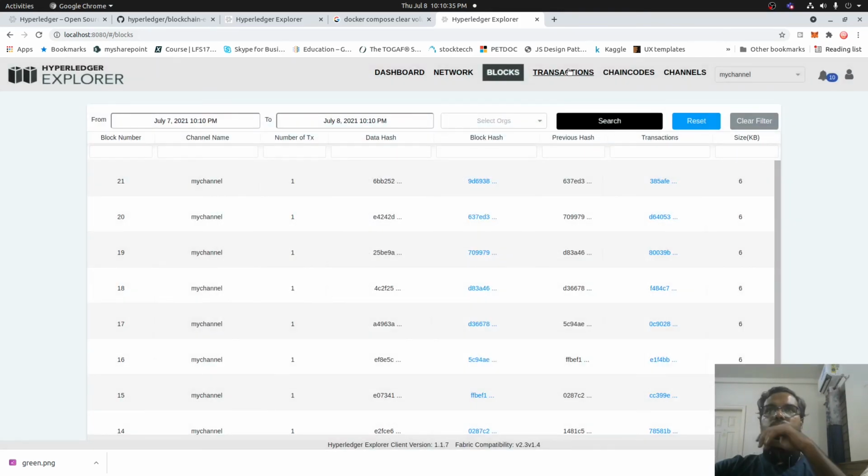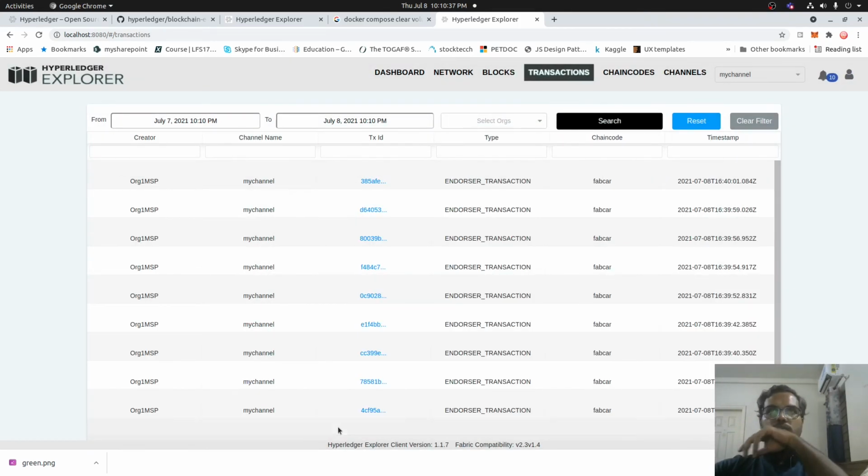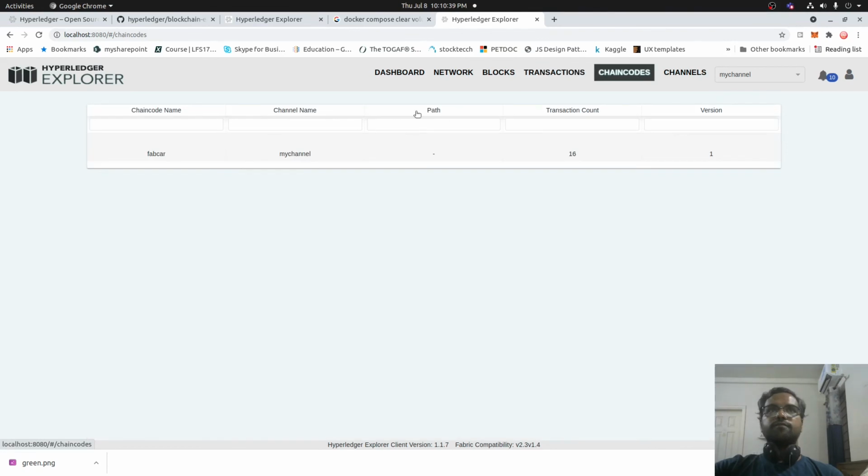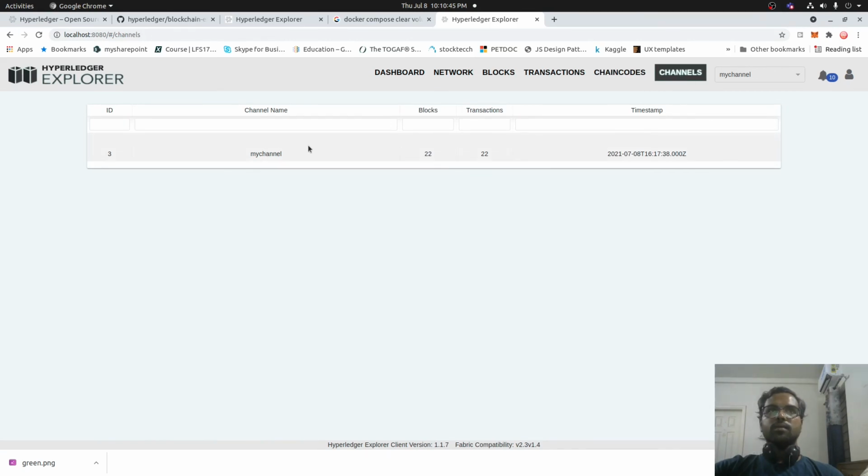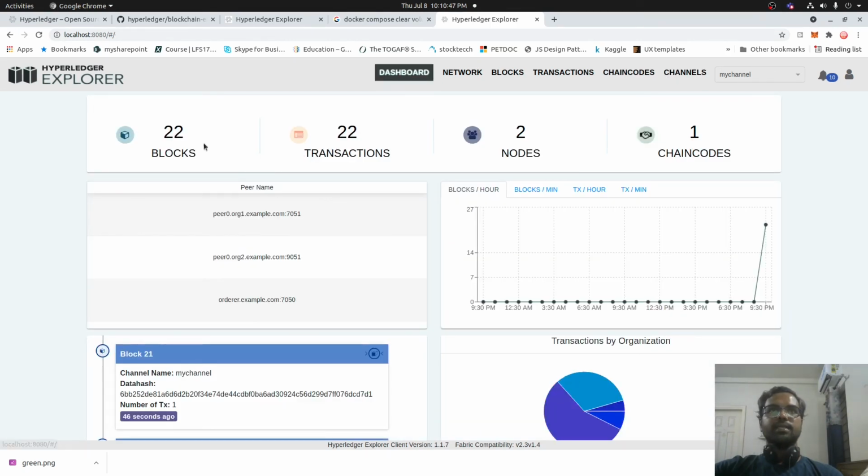So you can see the individual transactions separately. In the list of chain codes, there is only one chain code, which is AppCar. Number of channels, only one channel. On the dashboard, you can see the total blocks, total transactions, number of nodes, number of chain codes, everything. Okay, that's it.